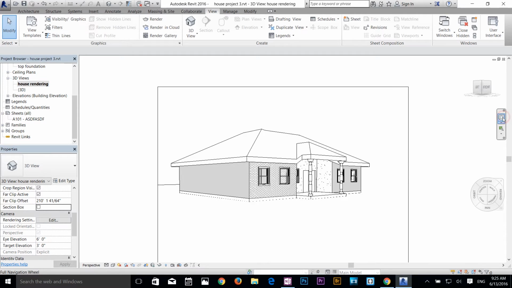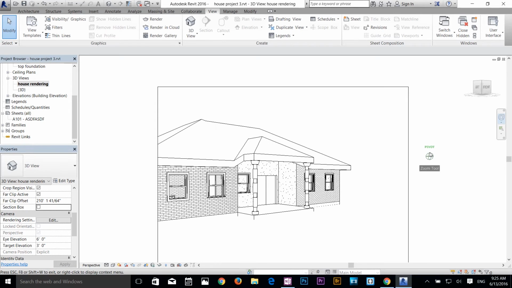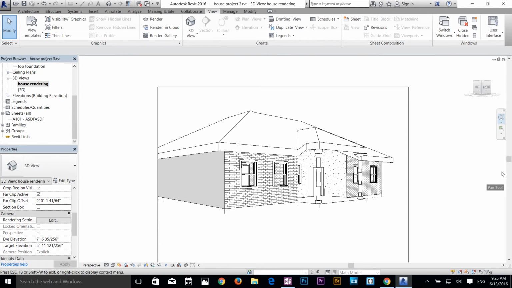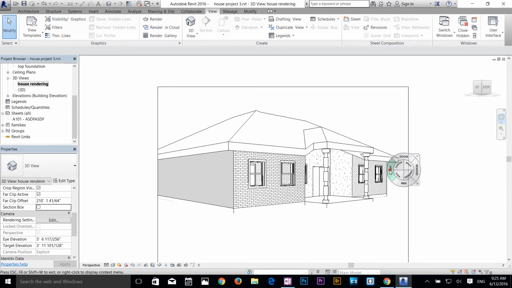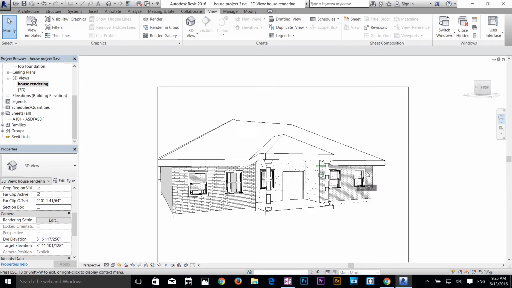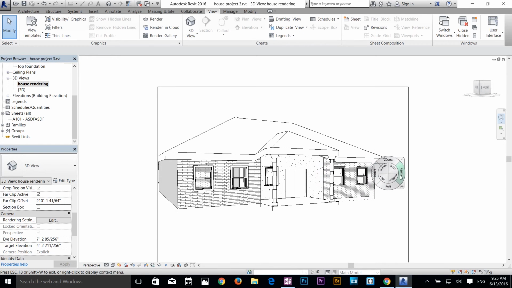Alright, there's another thing we can do here. There's an option called navigation wheel. If you click on it, you got a few options here, and it will follow your cursor. If you want to zoom into the view, you can click and then move your cursor up, it's going to zoom in. I'm going to release my mouse button and then it will come back. I want to pan now, so click and just pan. There's another orbit option there, so I can orbit that as well, and I can walk towards the building, or I can walk